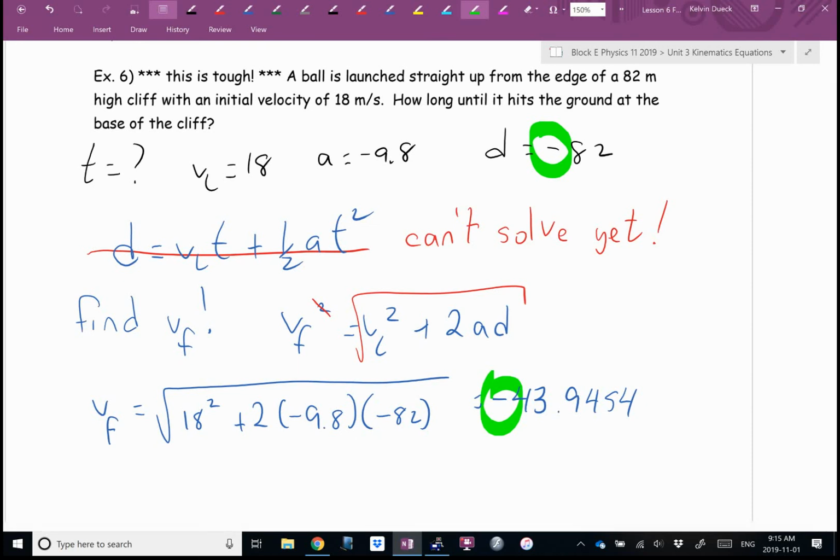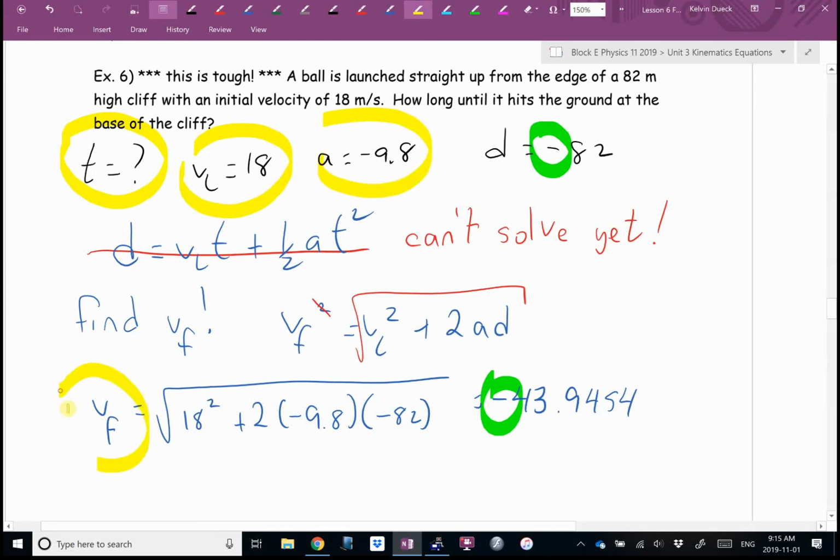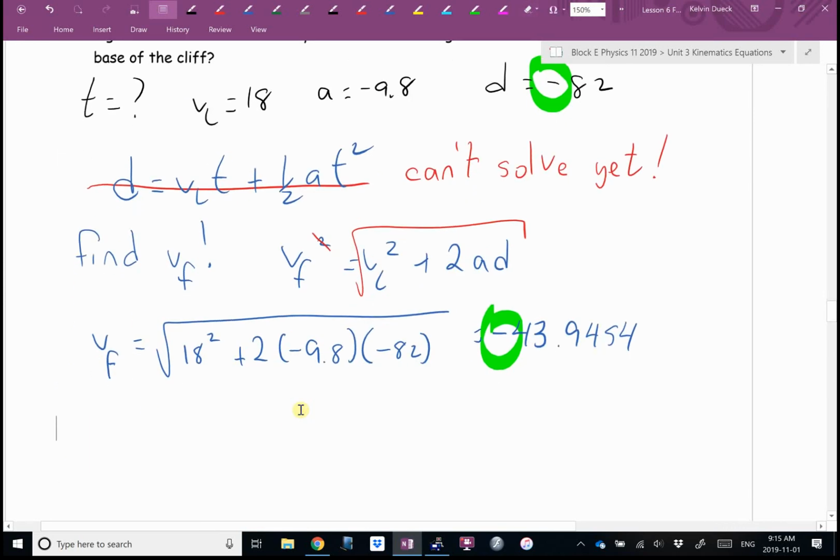What were we trying to find? Time. And I think you have an equation that has a T, a VI, an A, and a VF. Which one? I've come full circle because it's the one you started us out with. Wasn't that a nice symmetrical little lesson? Get the T by itself and you get to read it out again and get your little nerdy adrenaline rush. What does time equal? T equals? Yep.